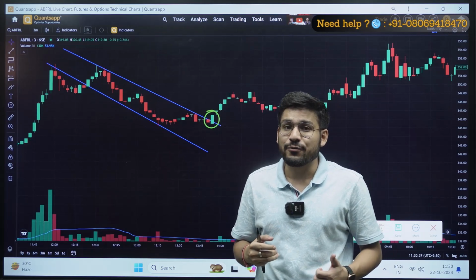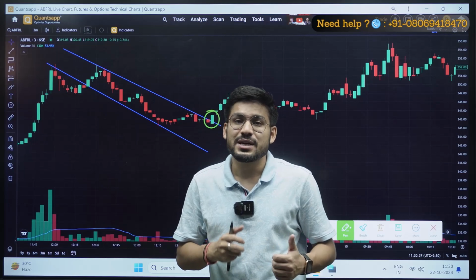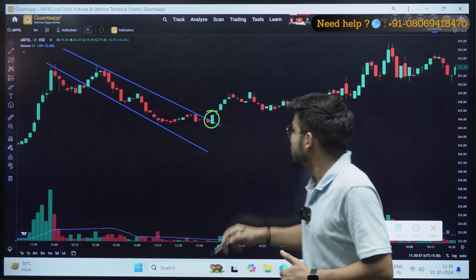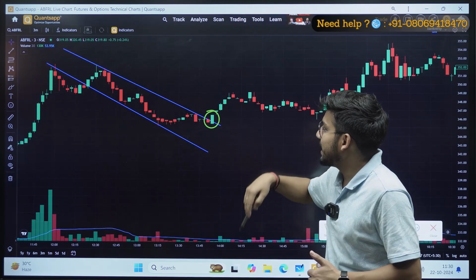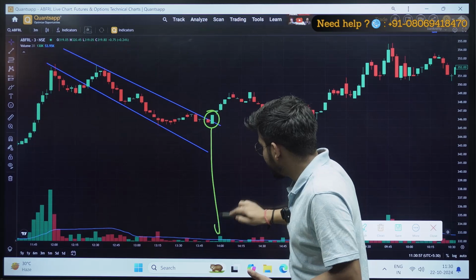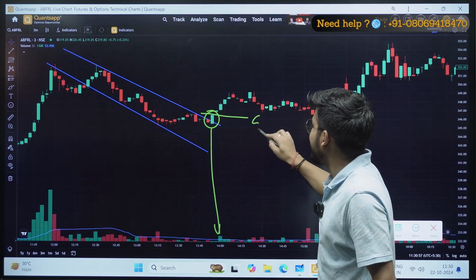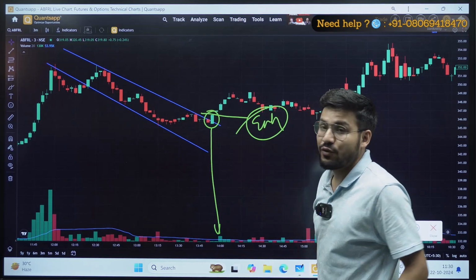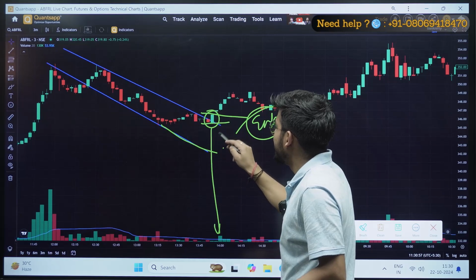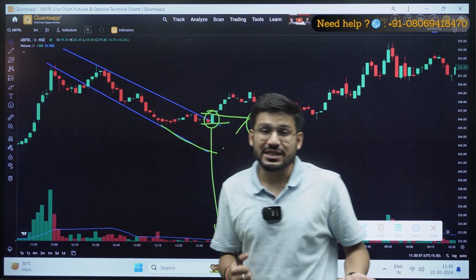You don't have to focus on everything. Sometimes some things will appear in front of you. So I can see a bullish engulfing candle as well as a Marubozu candle was there, and you can see the volume was also good on the candle which broke it out, so I could have easily marked my entry on this candle. What will be your stop loss? The low can be your stop loss, or you can make the low of your bullish Marubozu your stop loss as well if you are a scalper.